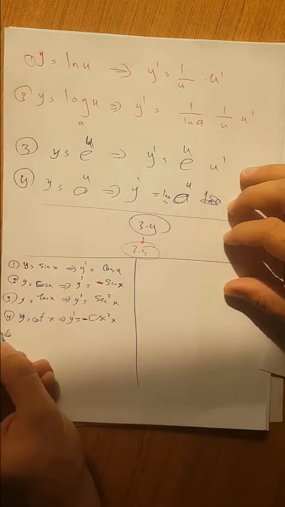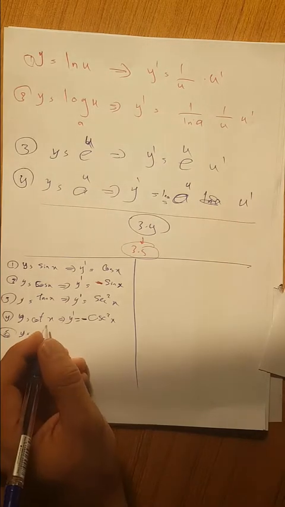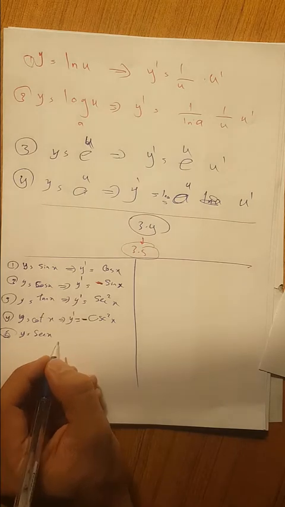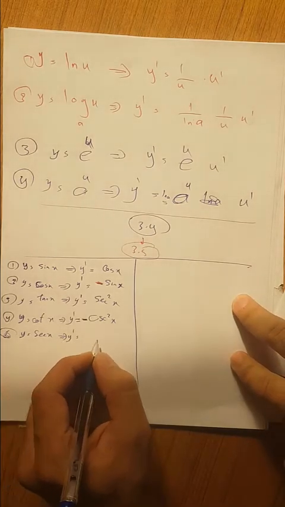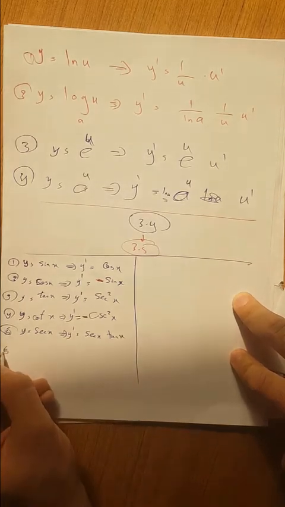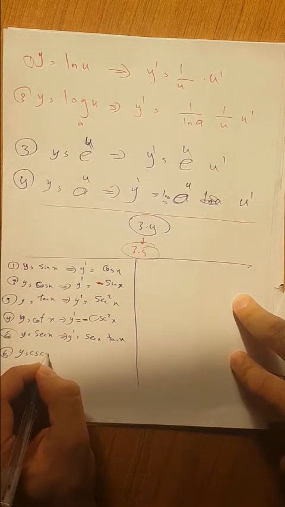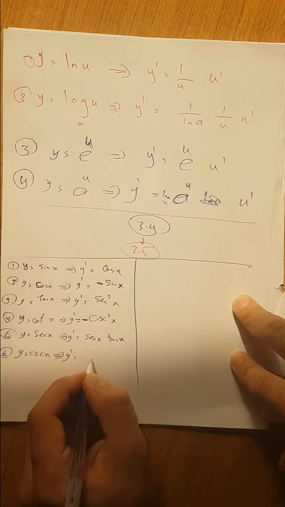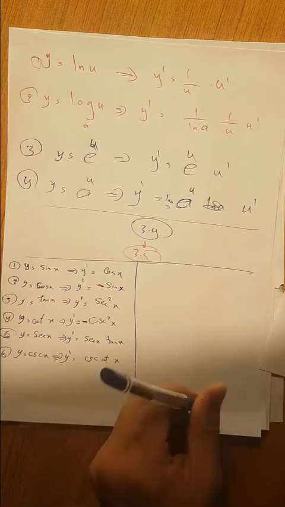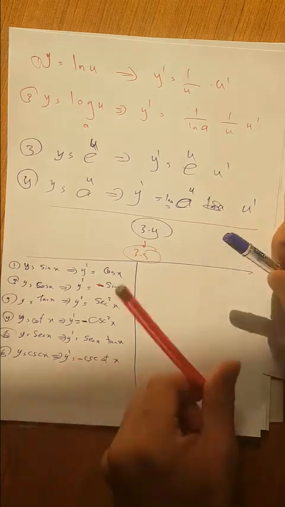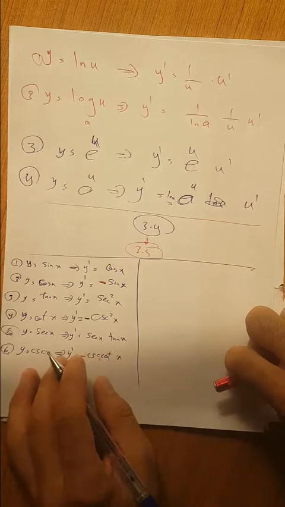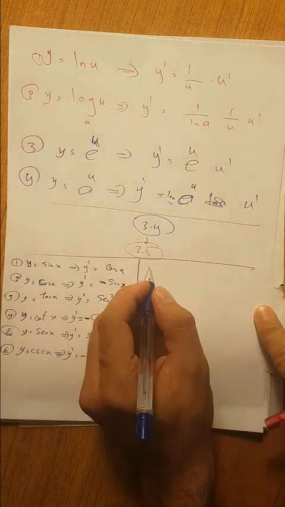Okay, number 5, if y is equal to secant of x, then y prime will be secant tan of x. Number 6, cosecant of x, y prime is equal to minus cosecant cotan of x, and do not forget about the minus here. I wrote this one for you just to remember these again,